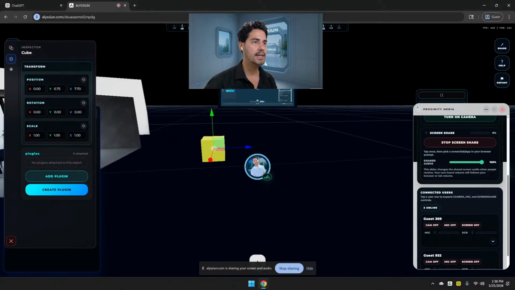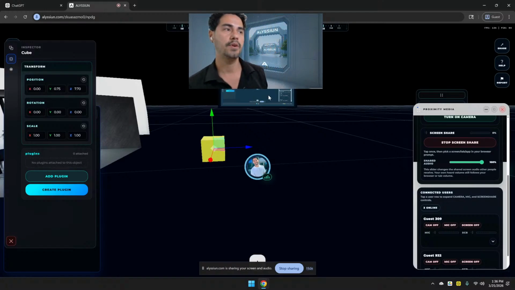So basically, the idea is that you go close. When you go close, it's going to ask you. Every avatar has a card, and that card has the information: name, title, bio, and everything. And also, you're going to see a prompt to press F or just press the button to put the screen share full screen on your phone or computer. So that means that you can see in detail whatever that person is showing you.